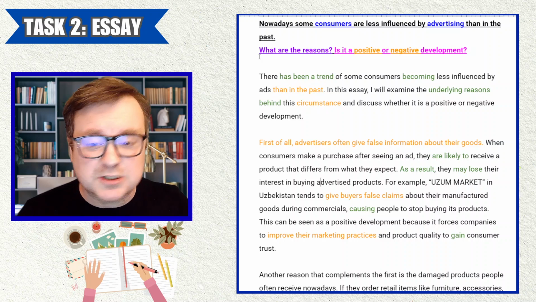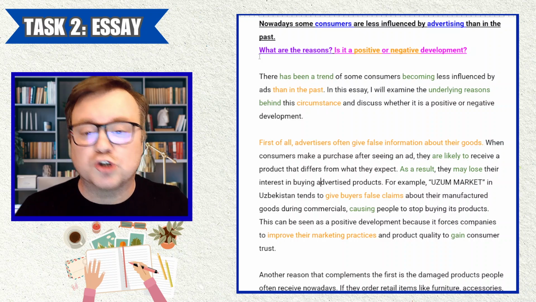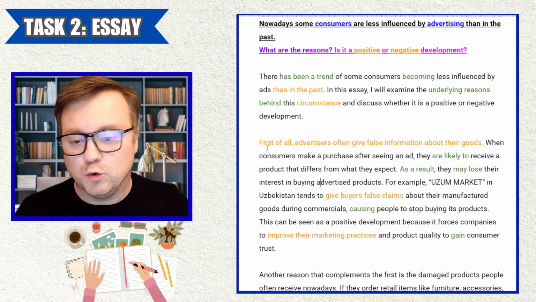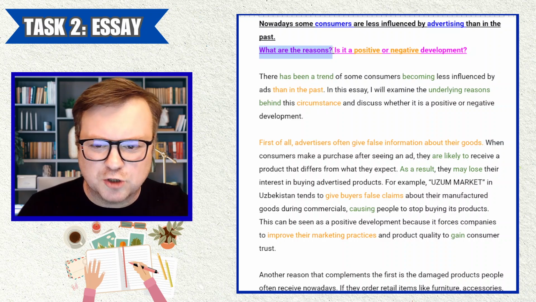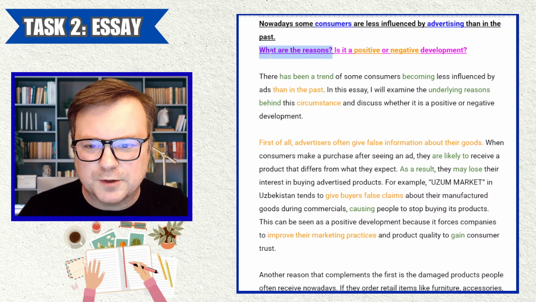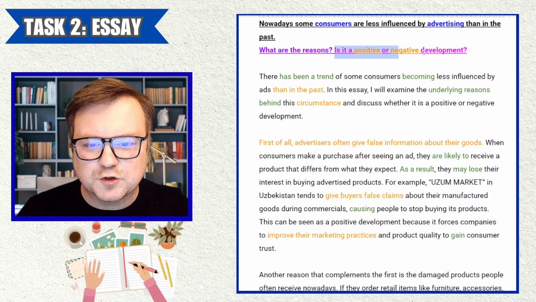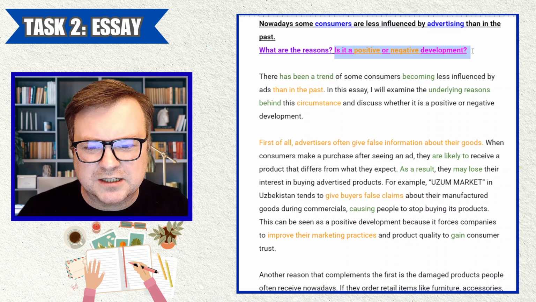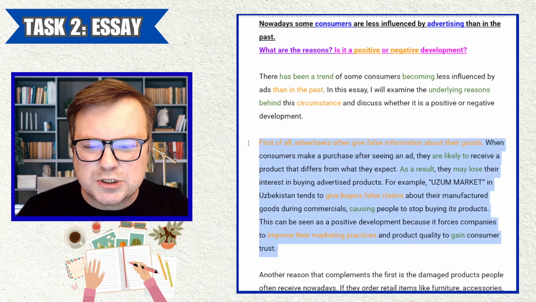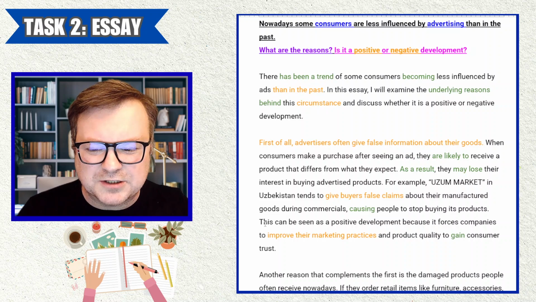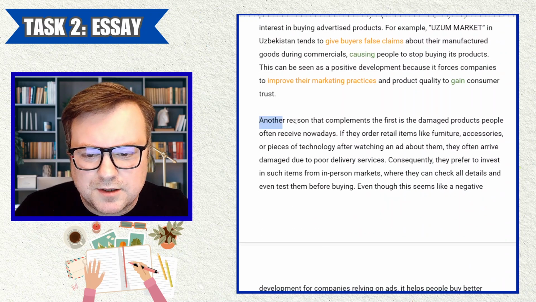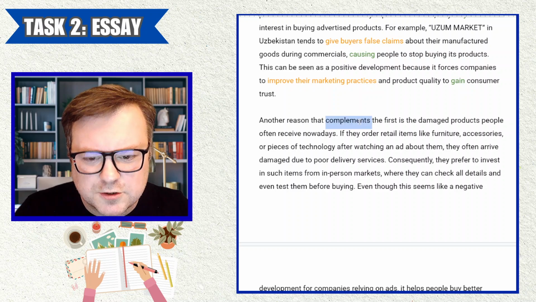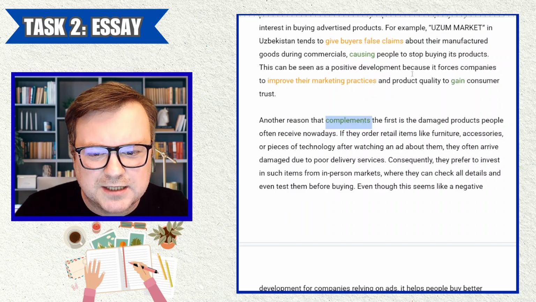Marking, writing, and speaking is always a subjective thing. We try to be as objective as possible, but it is always a subjective thing. What I just want to see is the most logical thing. Take one paragraph to talk about the reasons. Take one paragraph to talk about whether it's a positive or negative development. For me, you're trying to squeeze too much into this one paragraph, and it just leaves this a little bit underdeveloped. Okay. Another reason that complements the first, okay, nice use of complements and really getting that spelling right,